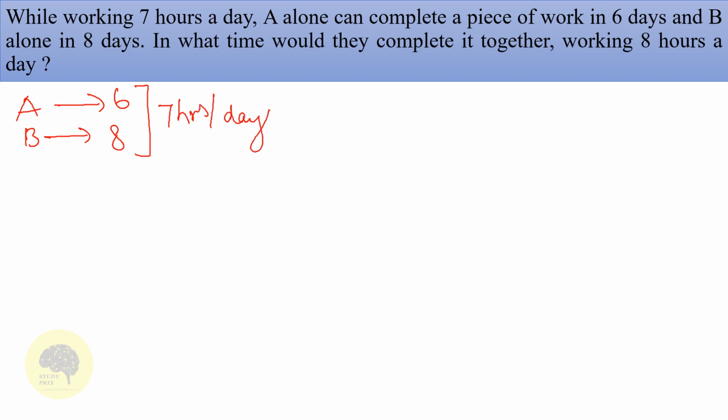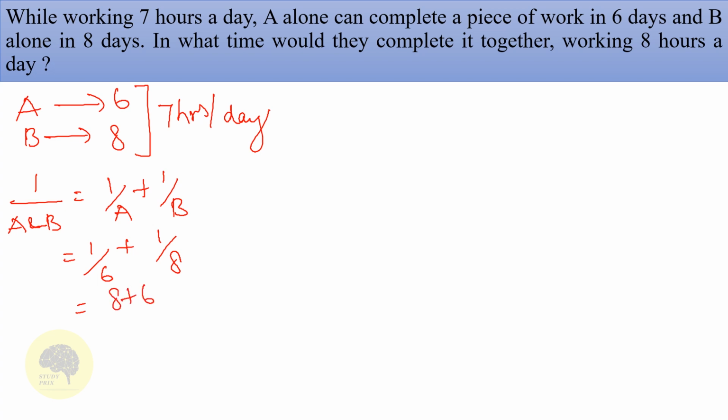First repeat the same process. We have to find out the work done by A and B together in 1 day, which is nothing but work done by A in 1 day plus work done by B in 1 day. Work done by A in 1 day is nothing but 1 by 6 and work done by B in 1 day is nothing but 1 by 8. Cross multiply this, we will get (8 + 6) by (8 × 6),